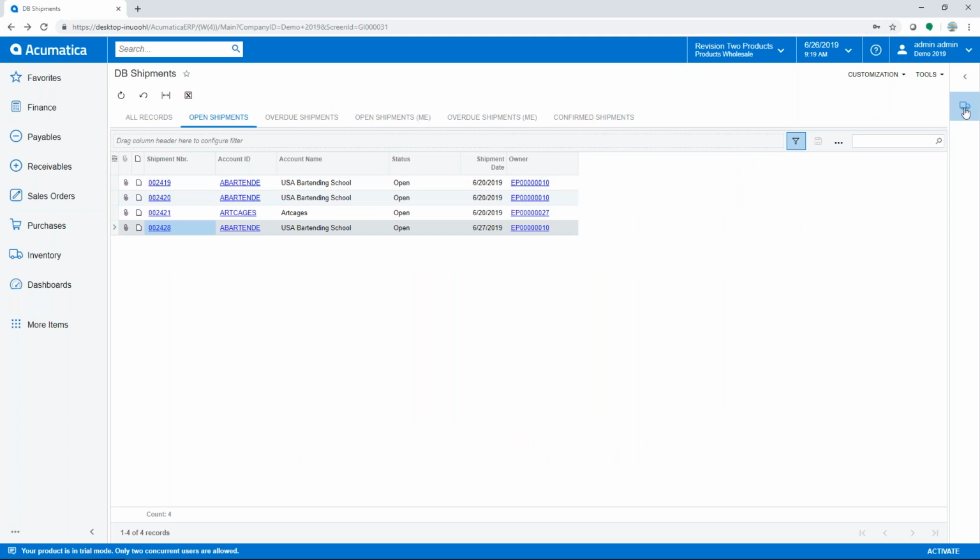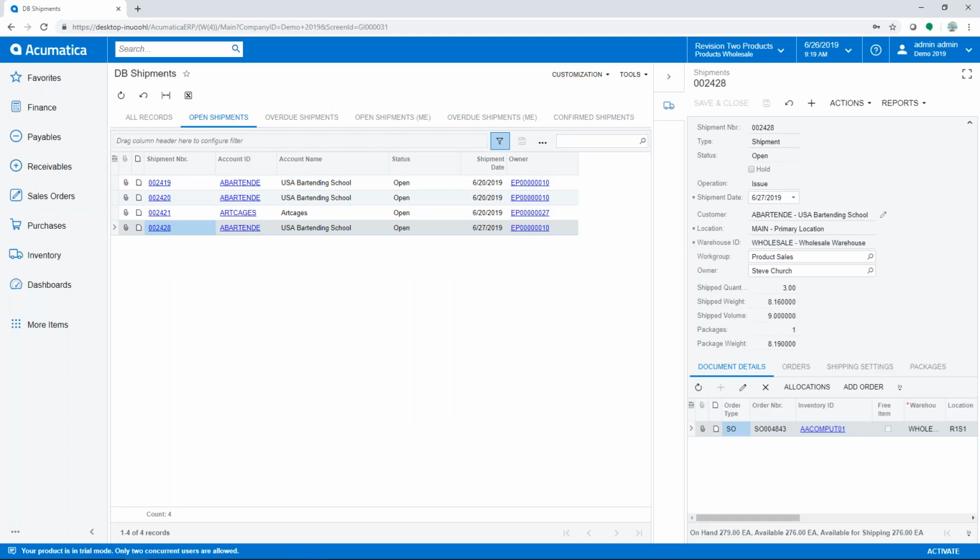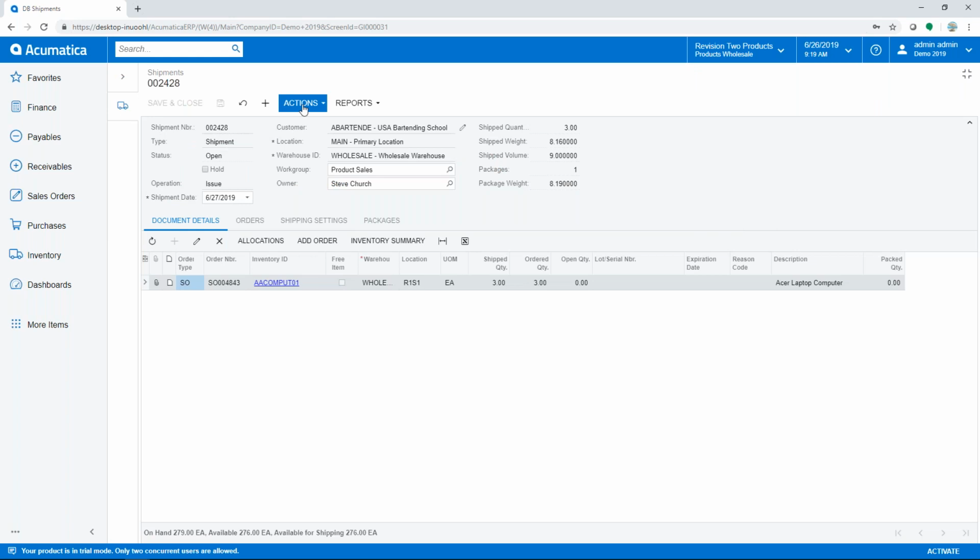And then I can go back in. So then he goes to the shelf, he pulls the items, packages them in a box, and then when he's finished, he will come in and confirm the shipment. So that just says, okay, everything's ready, I'm ready to send this out. If I confirm shipment,